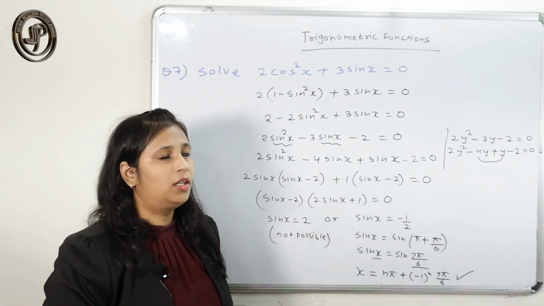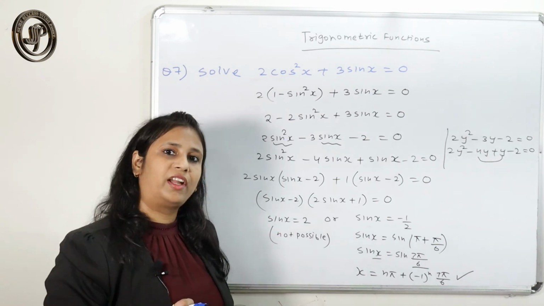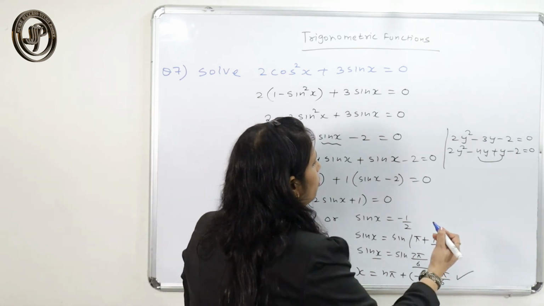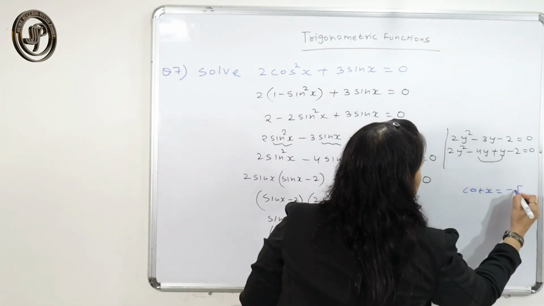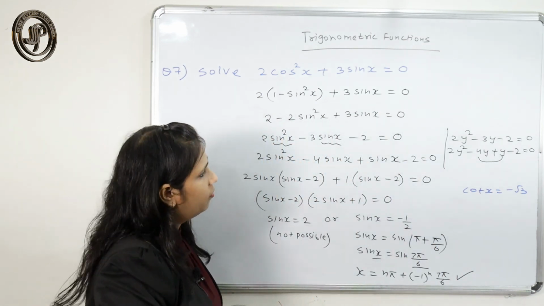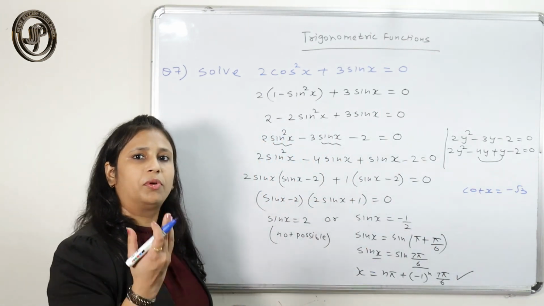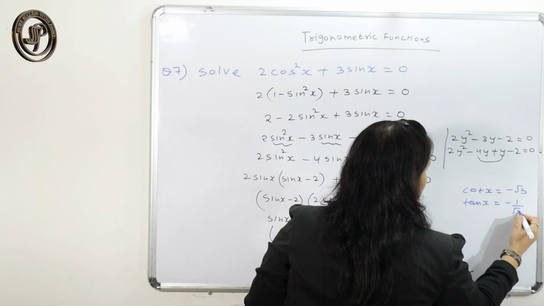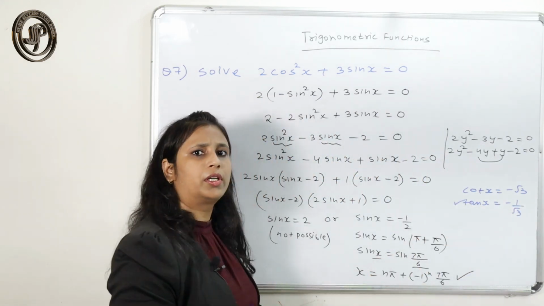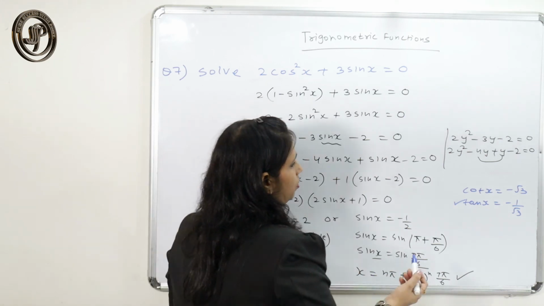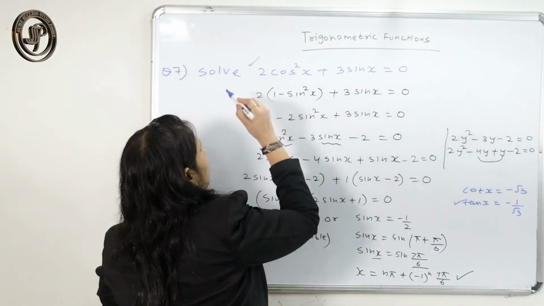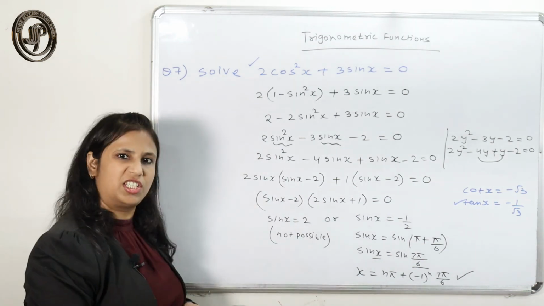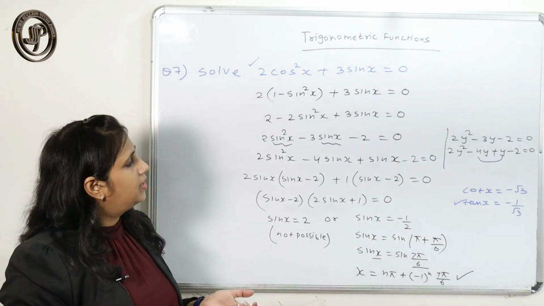One more important thing is you have to solve this trigonometric equation in the form of sine, cos or tan only. Suppose your question comes like cot x is equal to minus root 3. If cot x, you don't have any equation for cot theta is equal to cot alpha, so make this as tan first. Now if it is tan, you can solve this very easily. So this way also you can solve, and if the question comes in this form, then definitely you have to apply the identity here and just solve this.